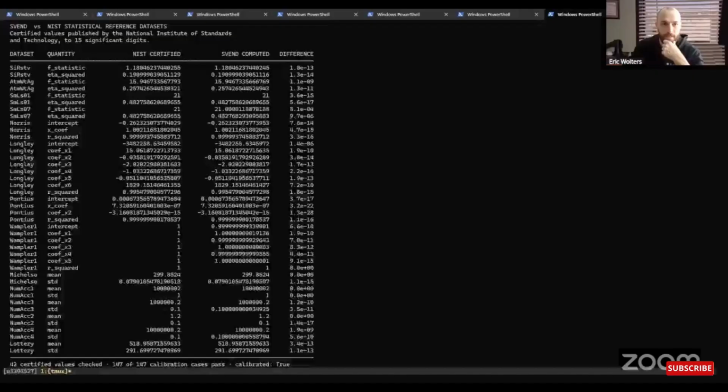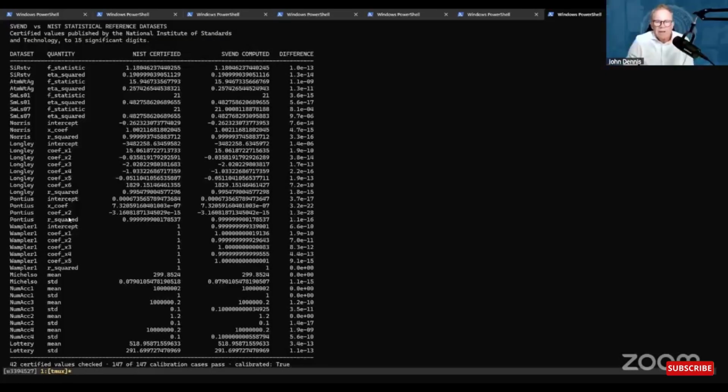So SVEND, and I can actually pull it up real quick on the screen to give an example of what one looks like. For example, SVEND's regression is calibrated against something called the Longley data set. Hey guys, you can see... Now I can't see that actually. Oh, it might be just because of the time delay. Sorry. And you can see it showing the NIST certified versus the SVEND result, and then the